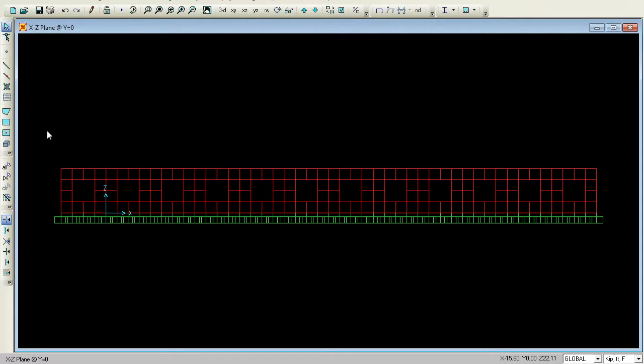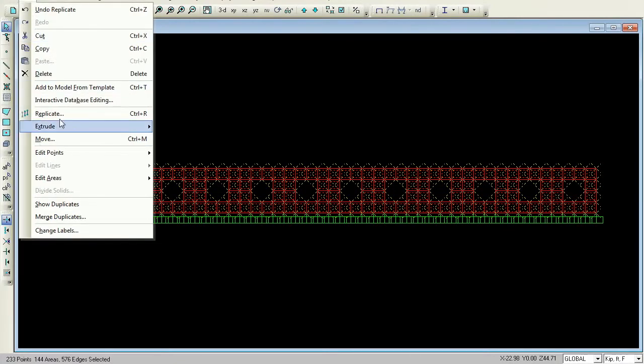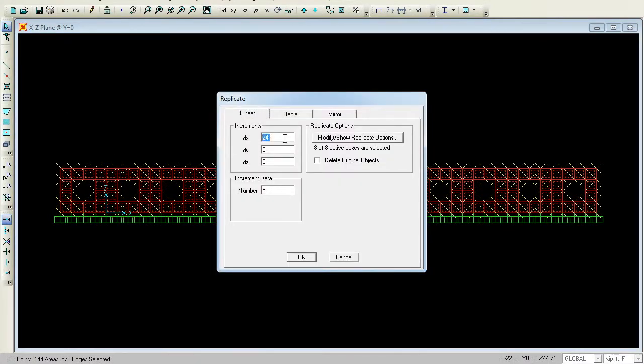So what I'm trying to do here is, I would like to see the member incremented in the Z direction, since the X direction has been done. I will select all. Again I'll go for edit, replicate. In this I will go for the Z direction.